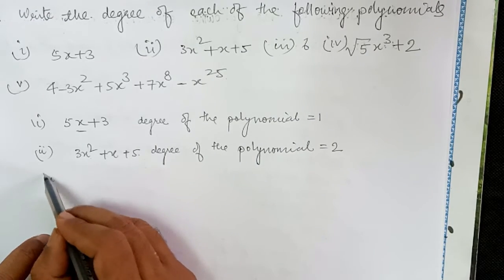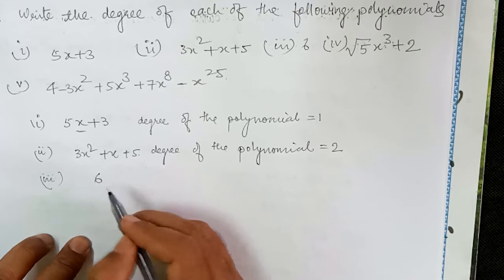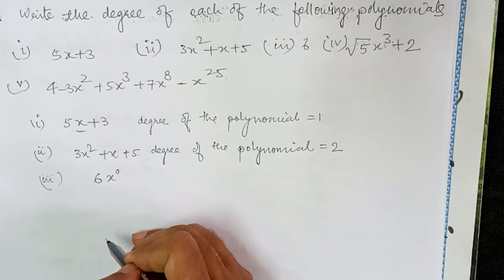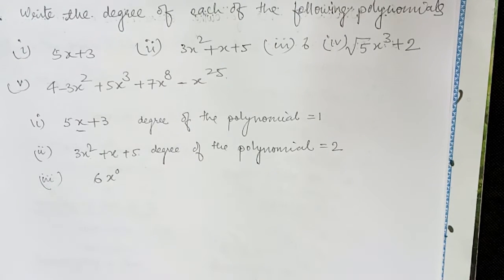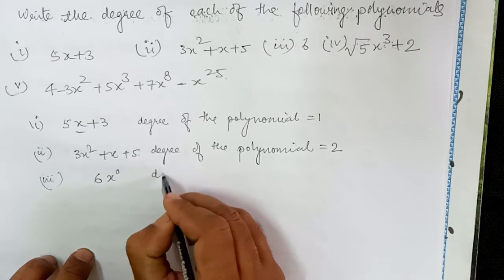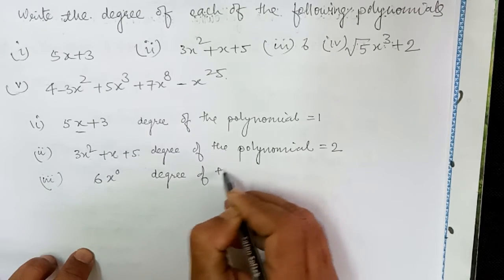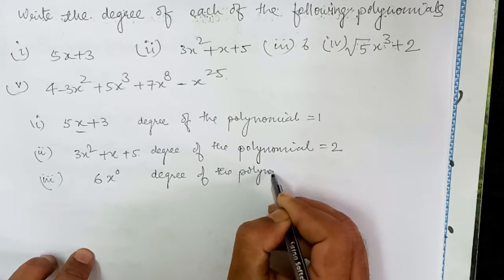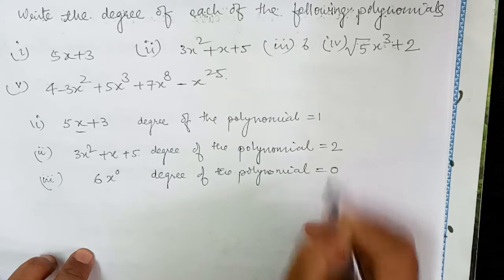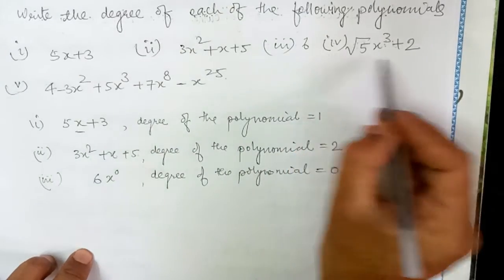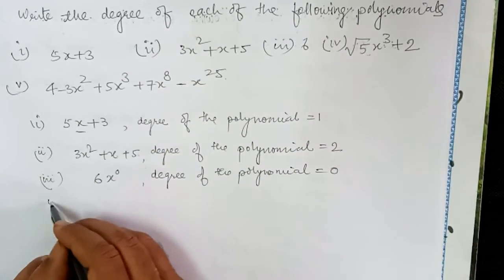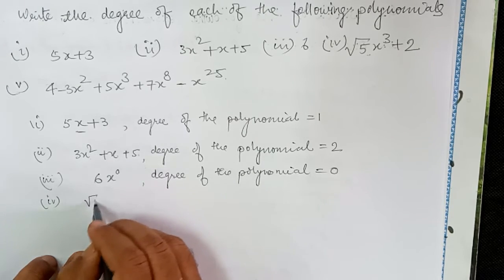Now here third question, which is having 6, there is x to the power 0. Now that x to the power 0 means इसको हम डिफाइन कर सकते हैं क्या? नहीं। इसकी पावर क्या हो गया? डिग्री ऑफ द पॉलिनोमियल इज गोइंग टू बी 0. I will move to the next question. हम नेक्स्ट क्वेश्चन को देखें तो अब हमको मिल रहा है √5